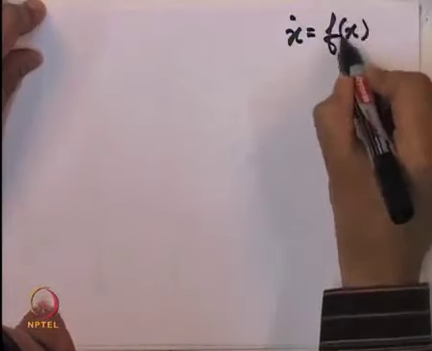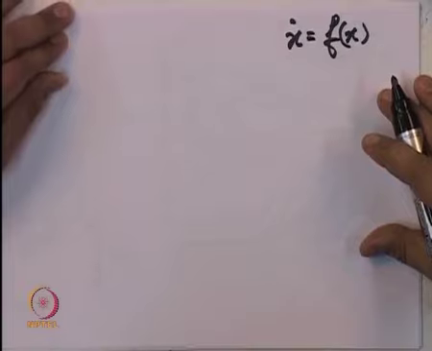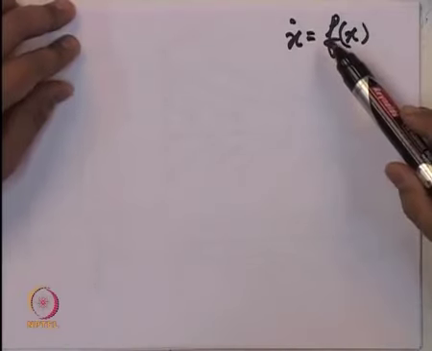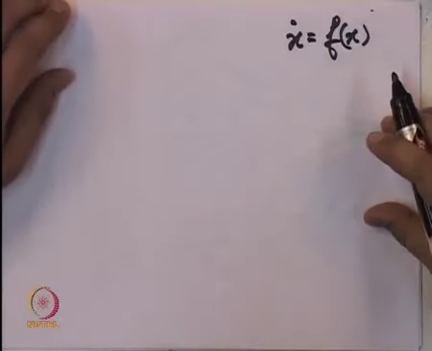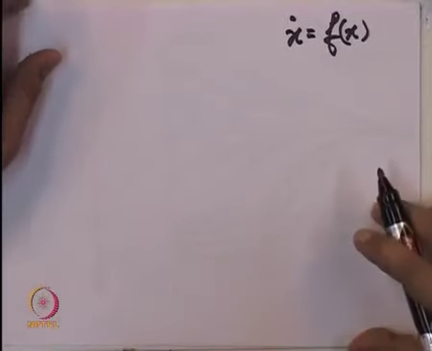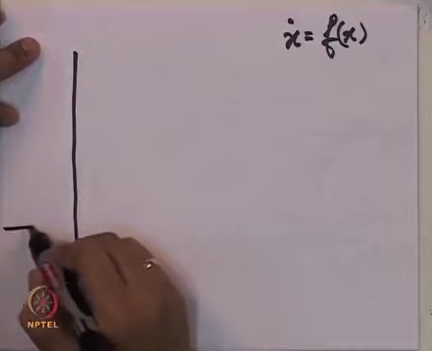In the differential equation x dot is equal to f of x, we will define a particular property called Lipschitz property of a function. Once we impose the Lipschitz condition on f, we will see that solutions are unique both in the past and in the future, however only for a small interval of time. For a longer duration of time, to prove uniqueness would require more advanced properties and conditions on the function f. Okay, so the next important question we will ask is the question of continuum of equilibrium points.